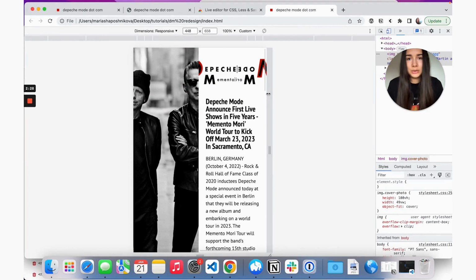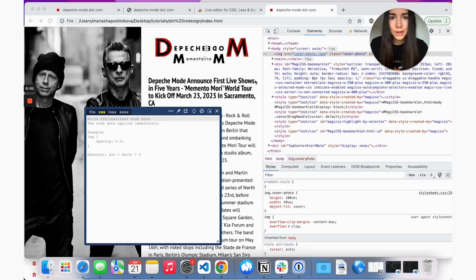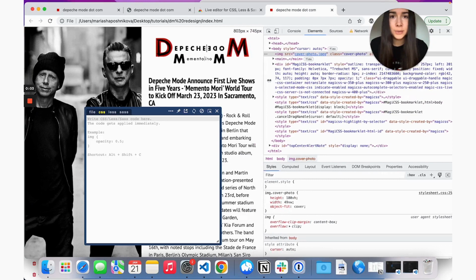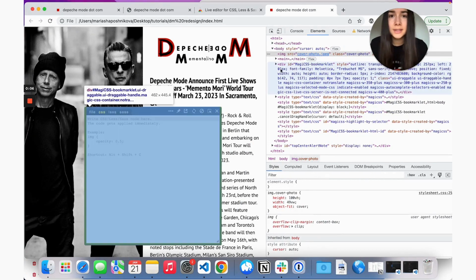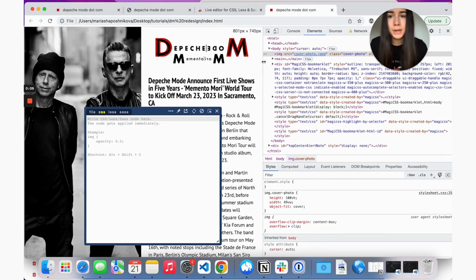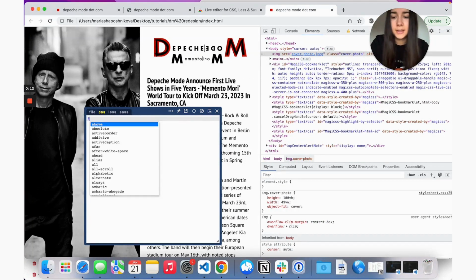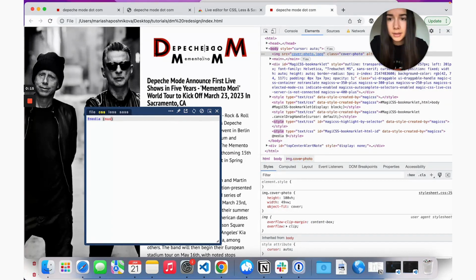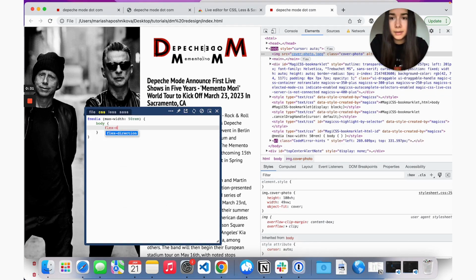So what we're going to do is modify the layout once you reach a certain point where you want it to be something else. Here, maybe we want to change our layout once we reach around 800 pixels, which is 50 rems. So what I'm going to do is add a media query, max-width 50rem. We want to modify this layout. First, we want our body to be flex, direction column.